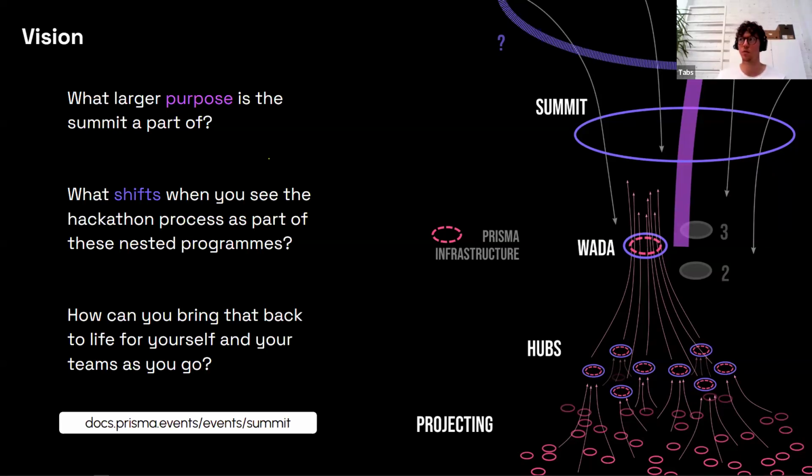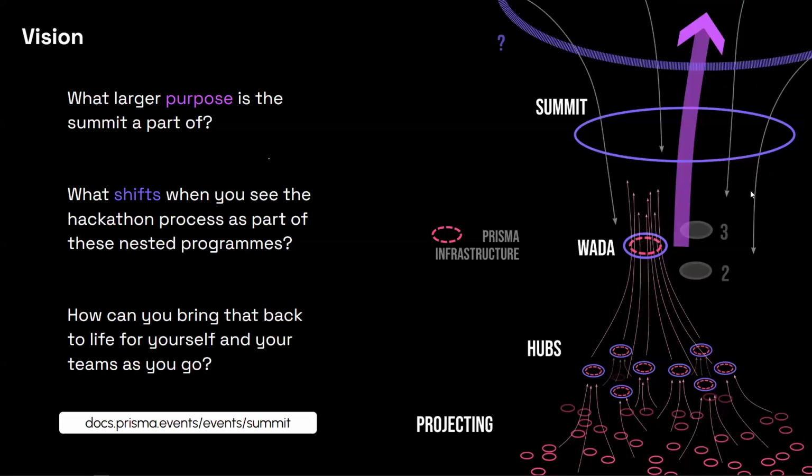So this is something that we'll keep coming back to, this notion of nested systems, because once you can see in that way, you can start seeing connections between things and finding alignment that will really pull you and your teams forwards. And it's a very powerful way of unlocking emergence. And so how we're approaching facilitating these hackathons is to create the conditions that can enable that. And yeah, we'll keep coming back to this over time, but I wanted to share this with you and invite you to reflect on this as well.